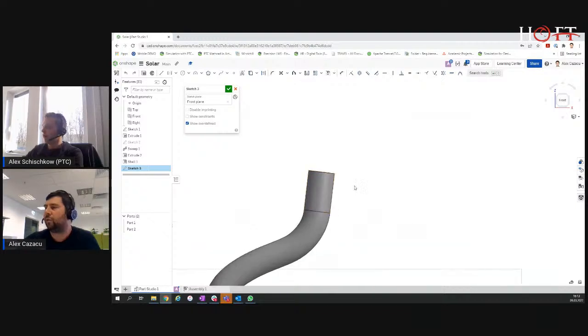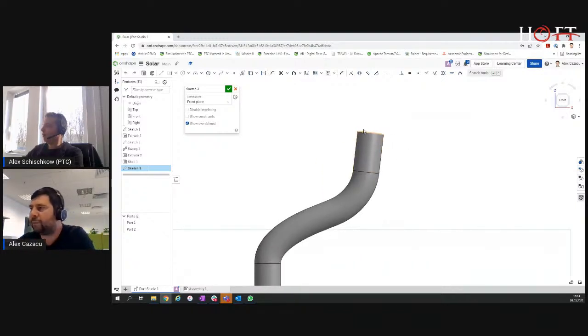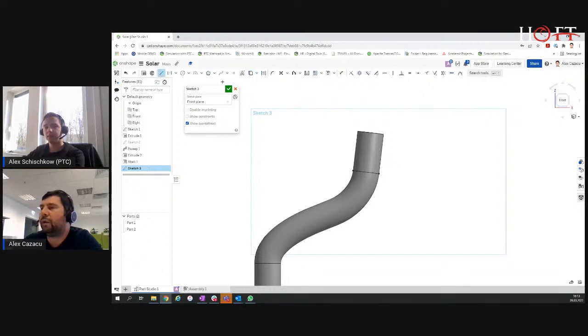I'm going to get to the place where I want to design. And I'm going to use the geometry that's already there. So I'm going to project this. I can use this one. And I'm going to start from here with